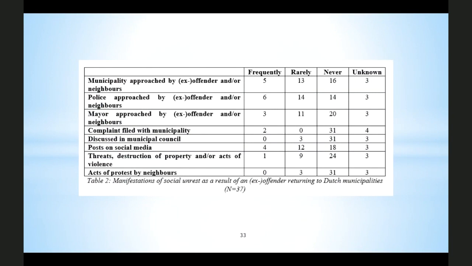So from these figures, it first of all becomes clear that social unrest manifests itself in more ways than the extreme examples of protesting neighbors that we just saw, and which most studies focused on. It even seems as if cases in which the public order is actually and acutely threatened by the arrival of an ex-offender are not that common. And of course, it doesn't say anything about the seriousness or the intensity of these cases, but it does show that the scope of the problem is much less large than one might perhaps expect based on the attention it receives from researchers, me included, and policymakers.